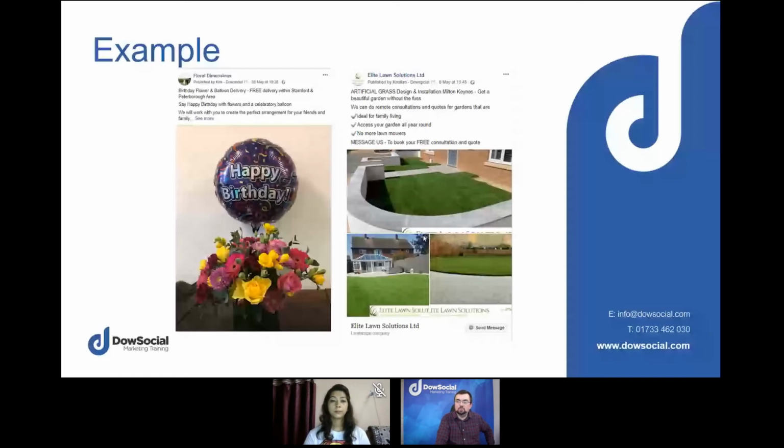And then we've got one for a company that does artificial grass. Same kind of idea, nice, simple, explains the problem. Get a beautiful garden without the fuss, explaining the thing we solve, and then a nice, clear call to action of what they can do. So,